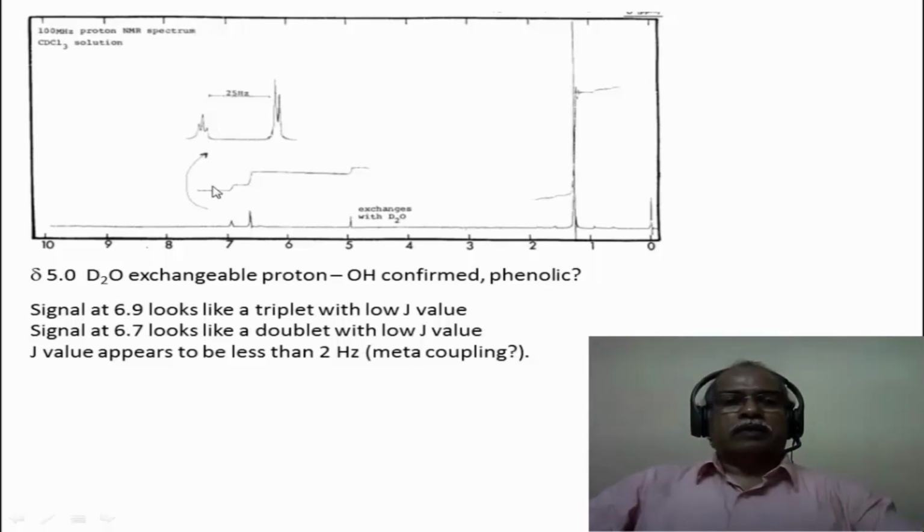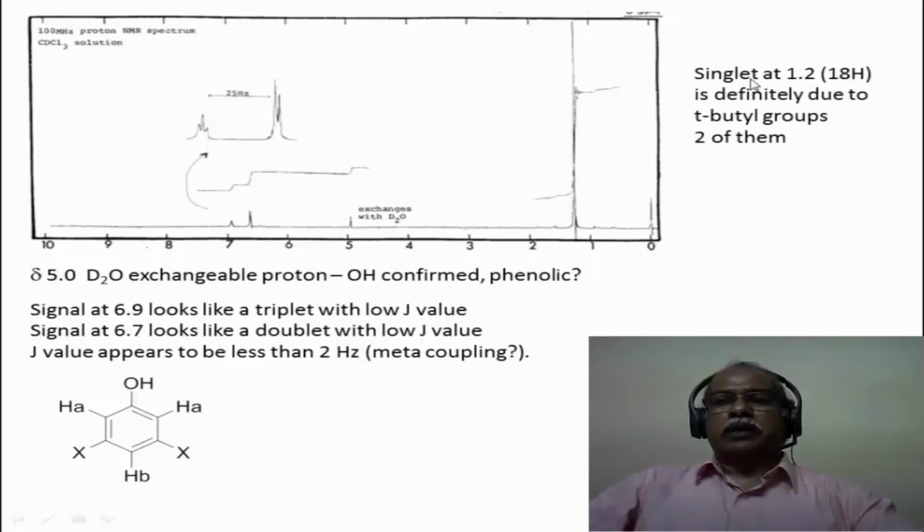You have a triplet and a doublet in this particular case, and so the molecule must have some hydrogens, hydrogen A like this and hydrogen B like this, which are meta substituted with reference to each other. So these two, the integration corresponds to 2 hydrogen intensity here and 1 hydrogen intensity here, because the OH corresponds to 1 hydrogen intensity, and compared to this 1 hydrogen intensity, this is an 18 hydrogen intensity, which is probably due to the presence of 2 tertiary butyl groups in this particular case.